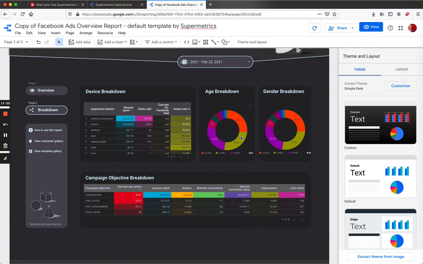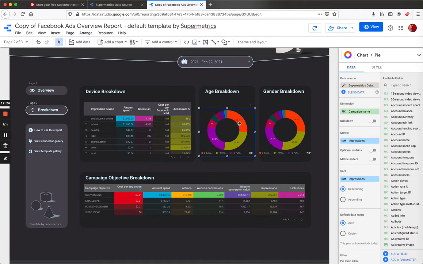They're kind of evenly distributed. So this one here, 26, is based on the different reports. Although it says age breakdown here, it's actually breaking it down by campaign name. So you can go to define or double check these by clicking into that graph or data area, and that brings up the data side